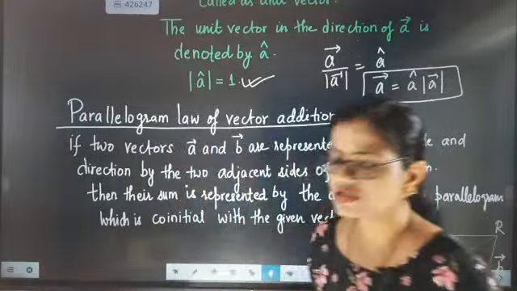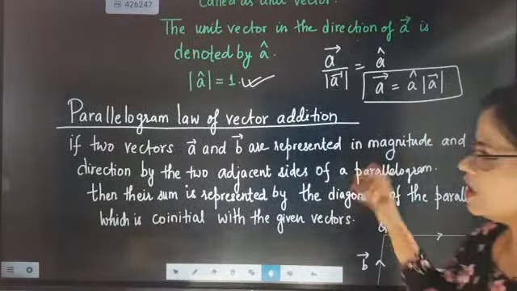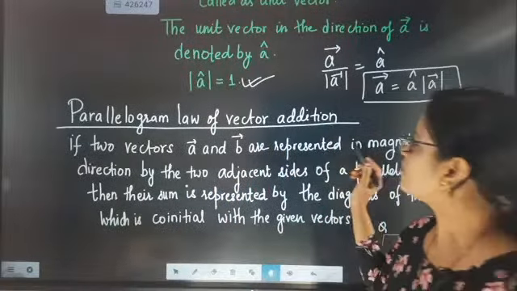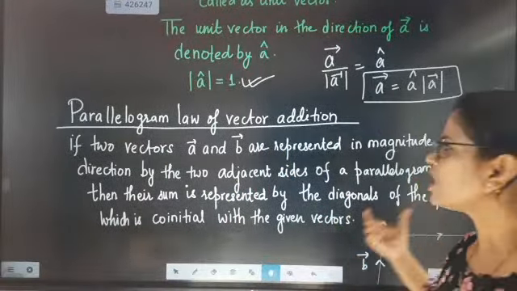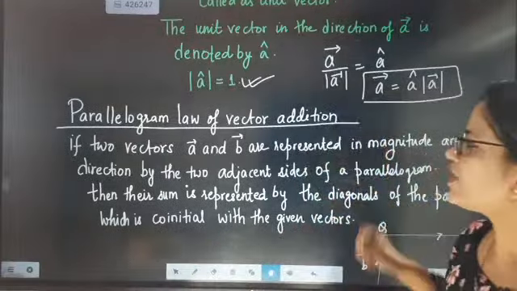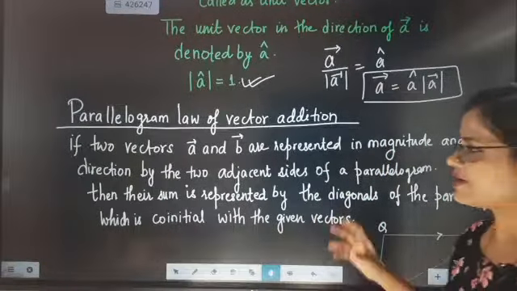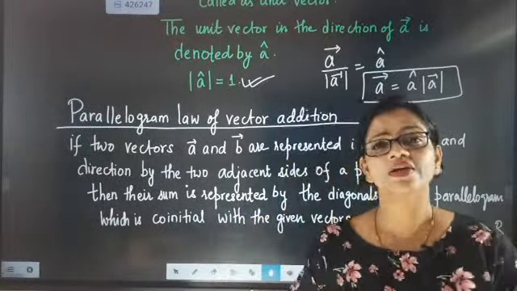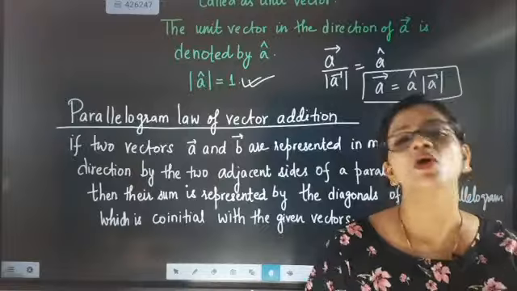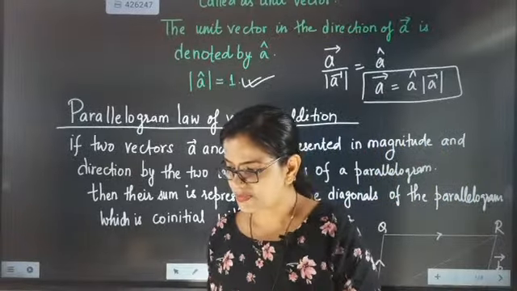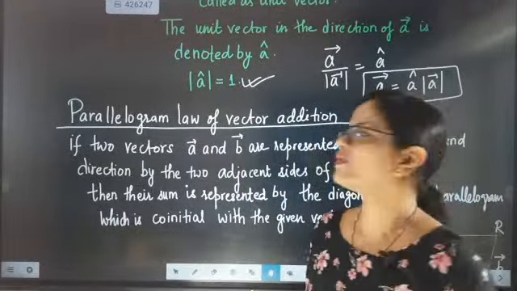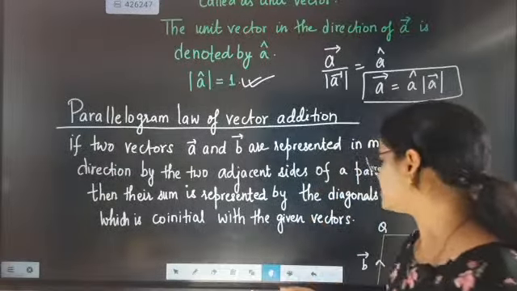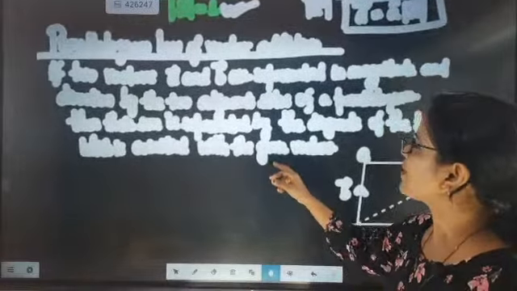Now the next concept is the parallelogram law of vector addition. The first point I think you have understood. Second point, we are going to go for the parallelogram law of vector addition. So what does the parallelogram law of vector addition mean? If two vectors are there, they are not null vectors, they are proper vectors with magnitude and direction, and they are represented by two adjacent sides of a parallelogram,